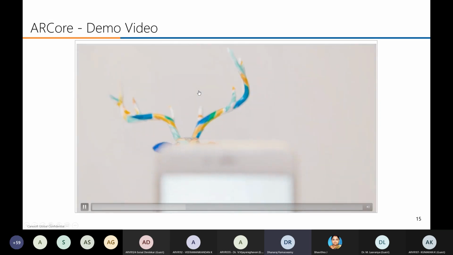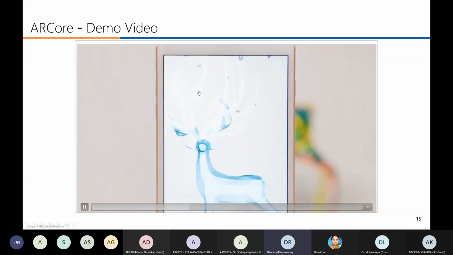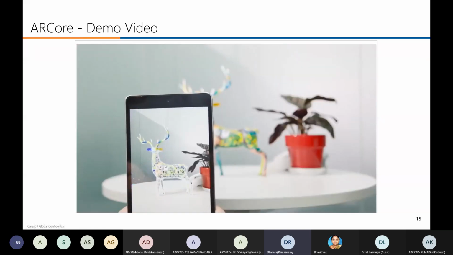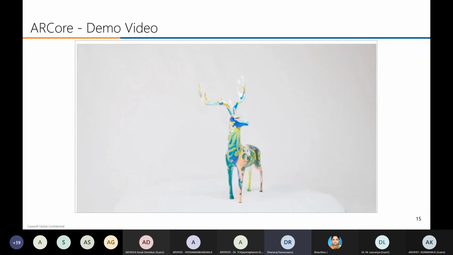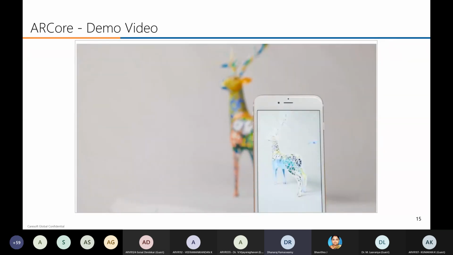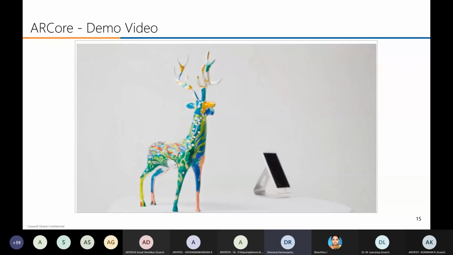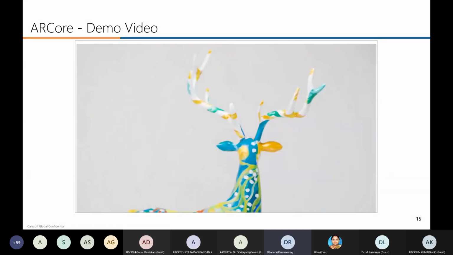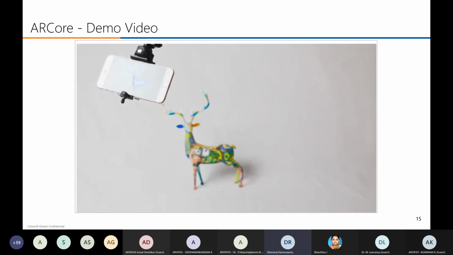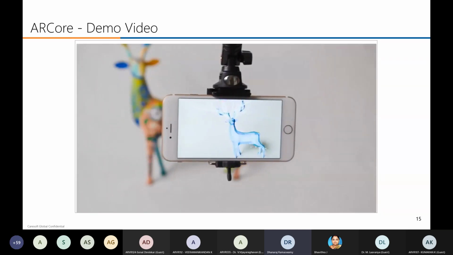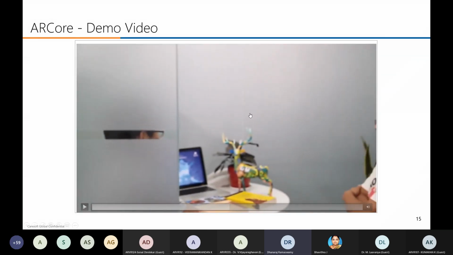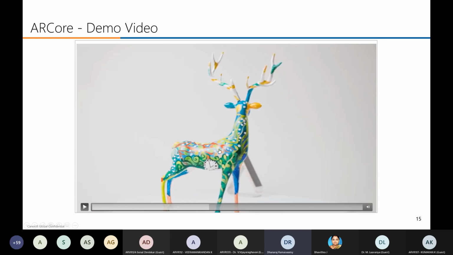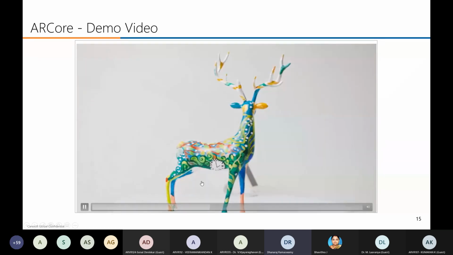This is object tracking. See, this is 360-degree object tracking.